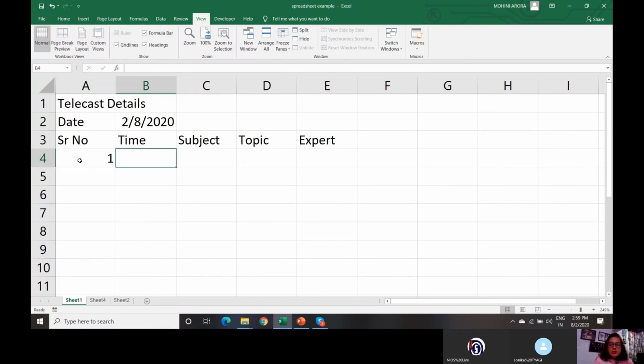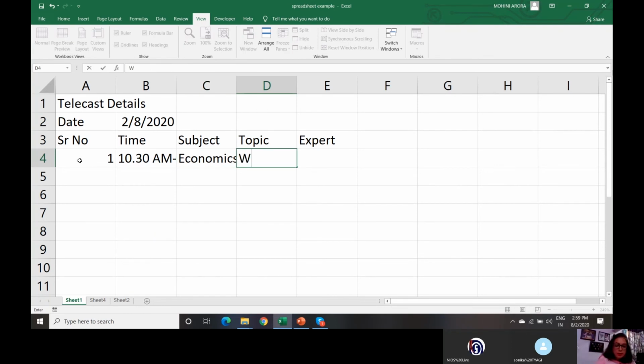So I can put serial number 1, time as, say suppose, 10:30 a.m. to 11 a.m., right? Subject, say suppose I type economics, right?